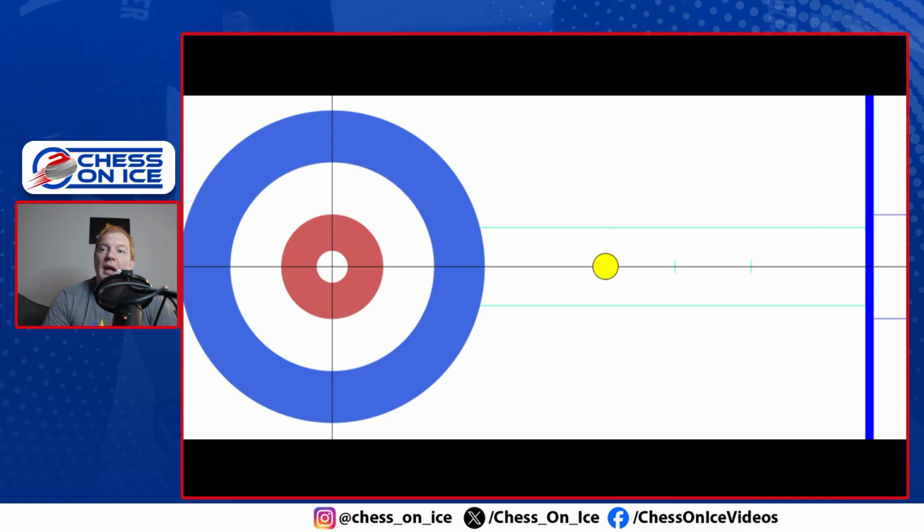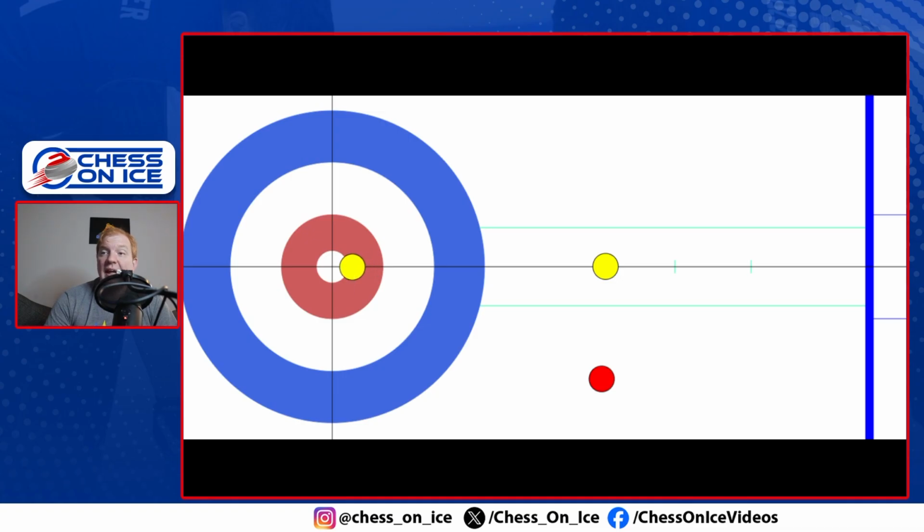Here's what I mean. Let's say we are behind, but our opponents, deciding to play aggressively, throw up that center guard. Maybe we're only down a couple points and it's still quite early in the game. We might throw a corner guard because we know we want to get a corner guard up, right? We want to get our rocks in around a guard, and we prefer it to be in the corner. You can do this, but it's a very aggressive play because yellow will just come around their guard, and suddenly